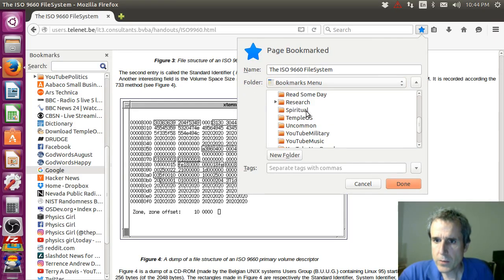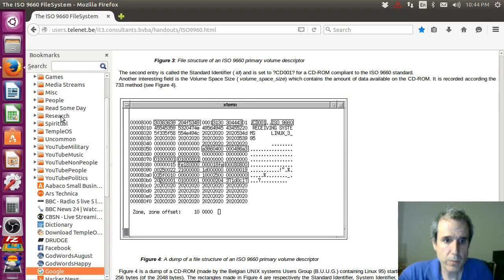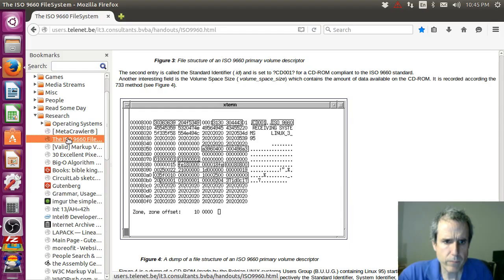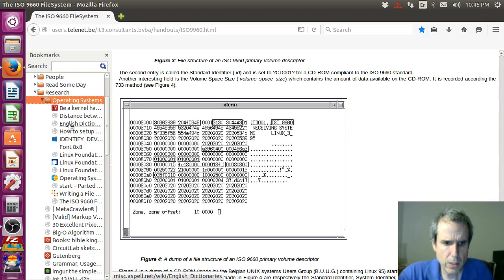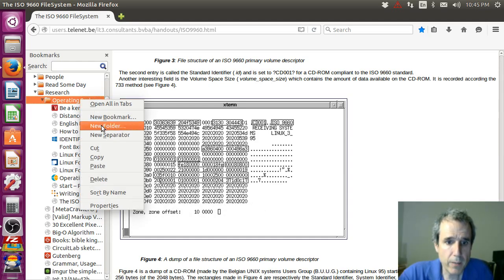I think I call this research, something like that. I haven't done anything requiring... Why didn't that open? There we go. Okay. I'm surprised I don't already have it. Anyway,